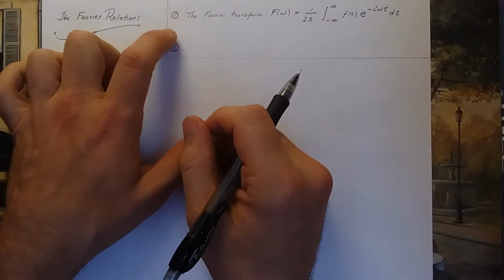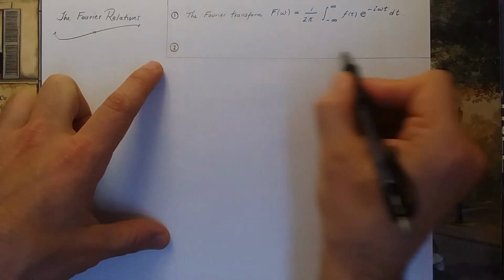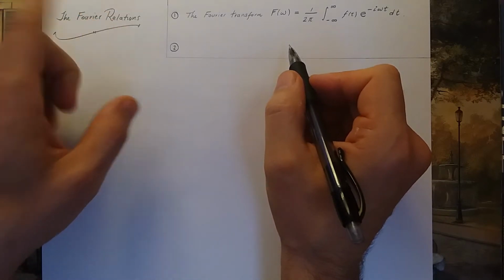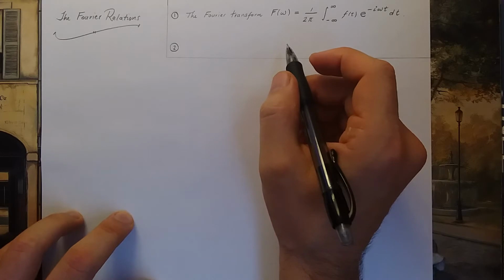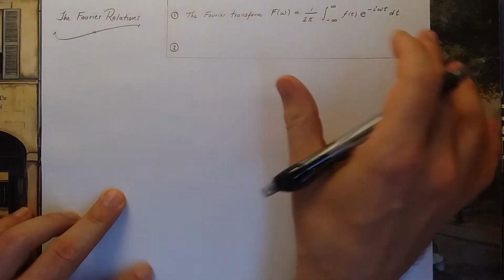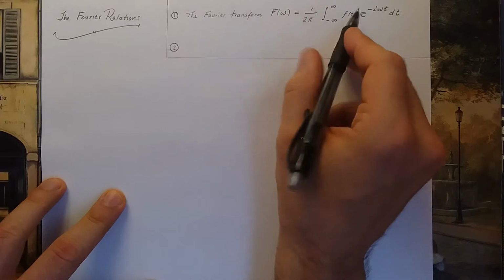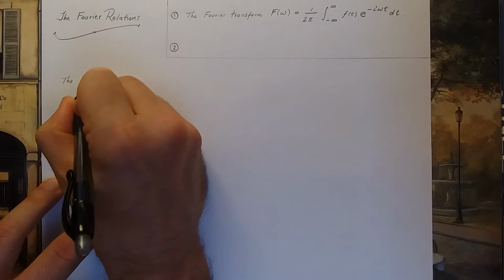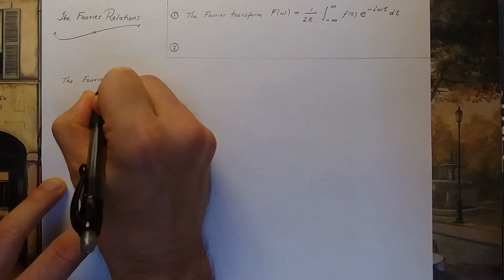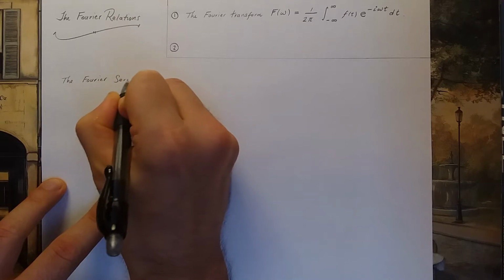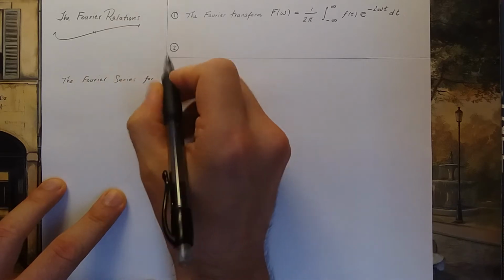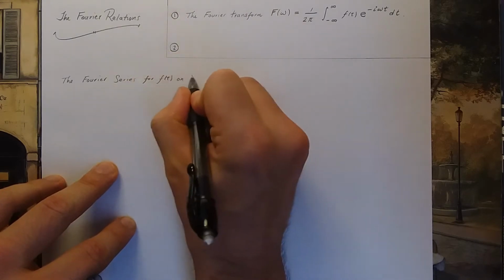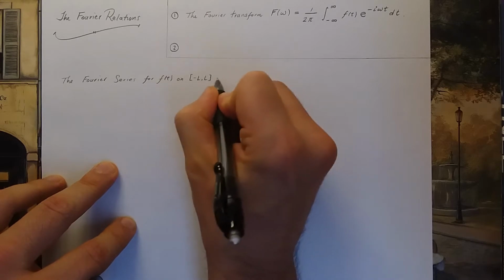So that's the Fourier transform, and I'm going to fill in in a minute the second of the Fourier relations. These are really fundamental properties we'll see in a second. So the first thing I want to do is write down the Fourier series for my function little f on the interval from negative L to L. So the complex form of the Fourier series for my function f on the interval from negative L to L is